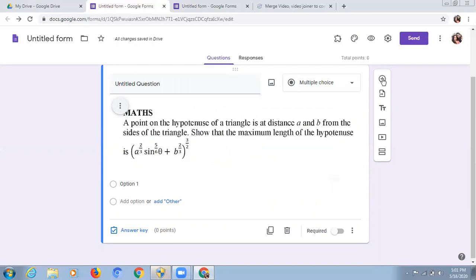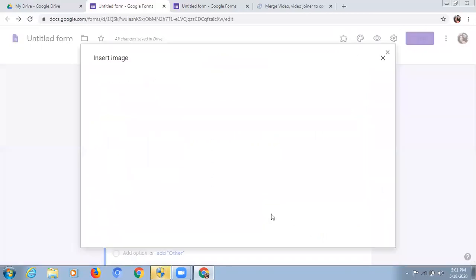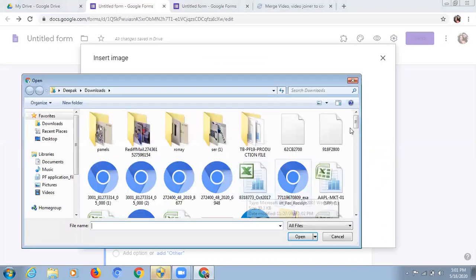Then again I click here on a plus symbol for my next question, and again I roll my mouse over here, and again I have this box. I will click on browse, and this time I am adding a physics question.